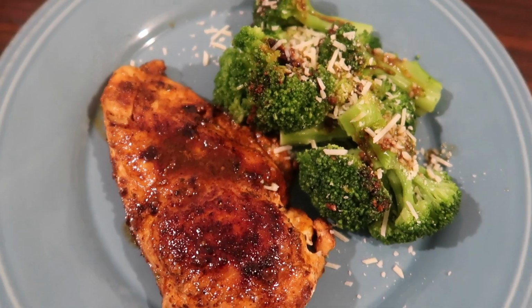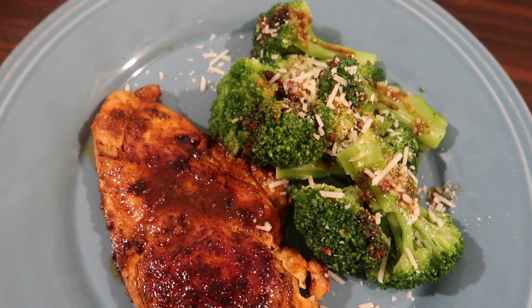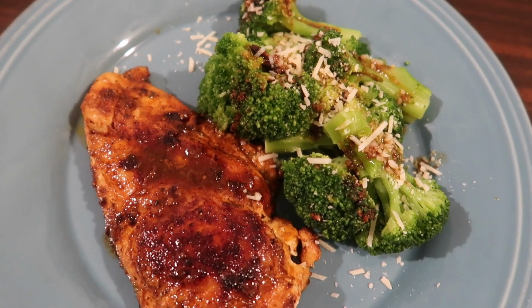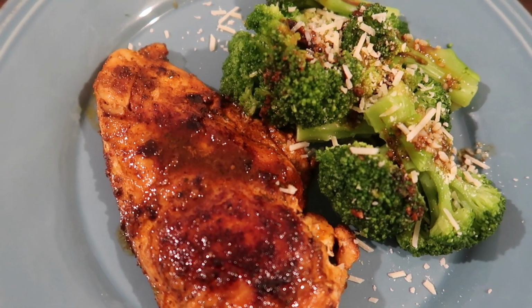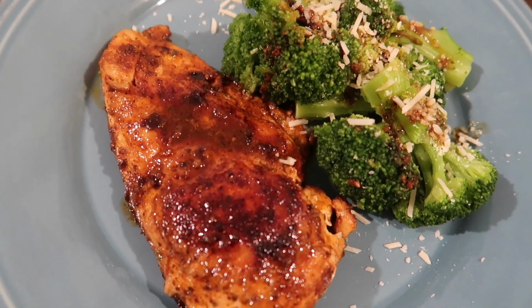Today we're doing a keto chicken recipe. This easy Cajun butter chicken breast recipe is perfect for throwing together a quick keto meal during the weeknight, and it is also family friendly, and you can easily make more or less of it depending on what you need